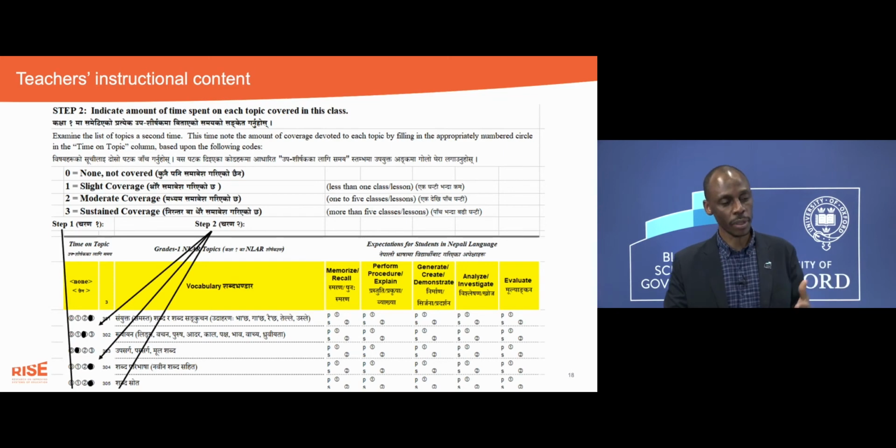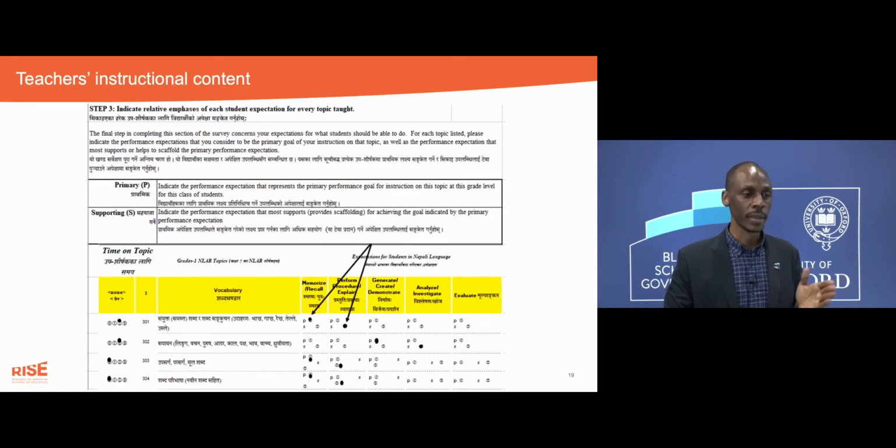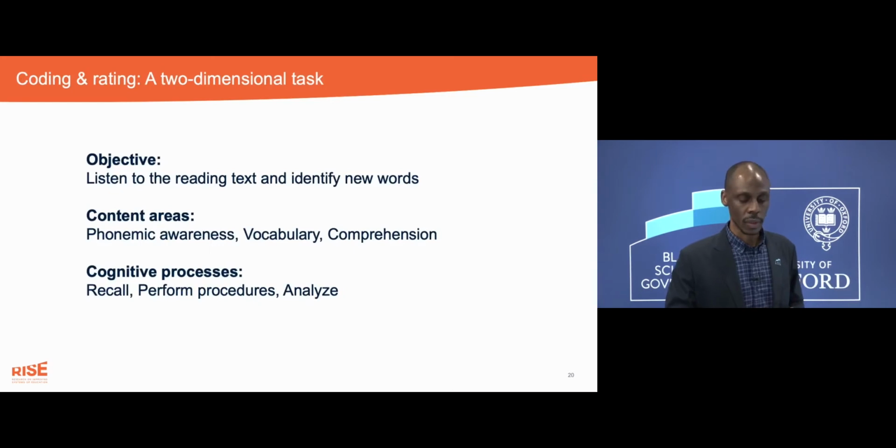And then once they've reported for a specific content area, the amount of time of emphasis they put towards that area, they also have to report the level of cognitive demand or expectations for students' learning in relation to that specific content area, in terms of whether this requires them to memorize, perform, generate, analyze, evaluate, and integrate the content. So let's look at an example of what this coding and rating work really means, which